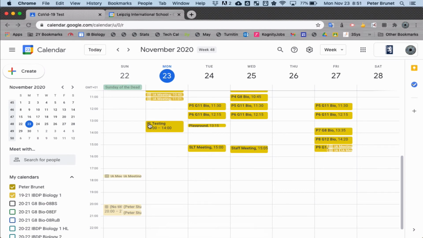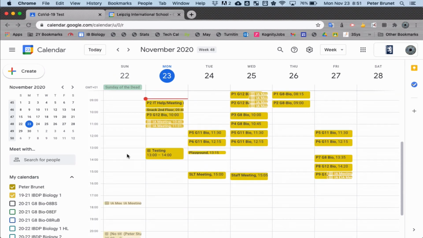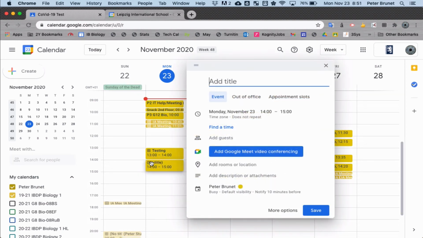You'll notice a difference. You can see this little grid here. This means it's a bookable time slot. This is just an event that I have put into my calendar, which is my duties and my timetable and so on. So if I want to make a bookable time slot, let's say for this afternoon, you just click once and then you scroll over to